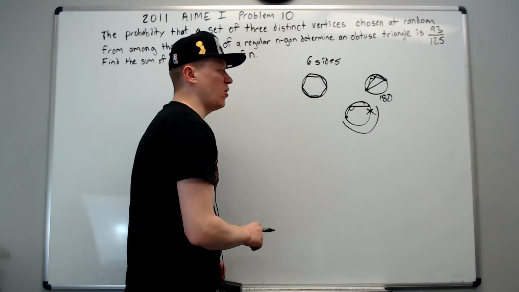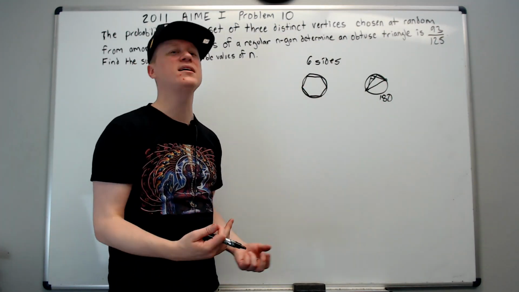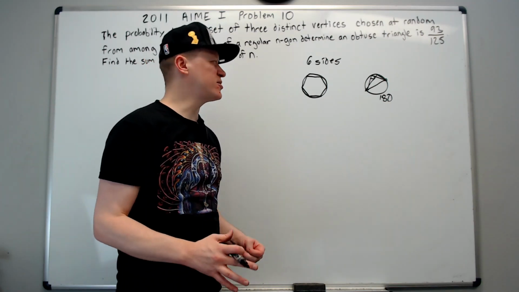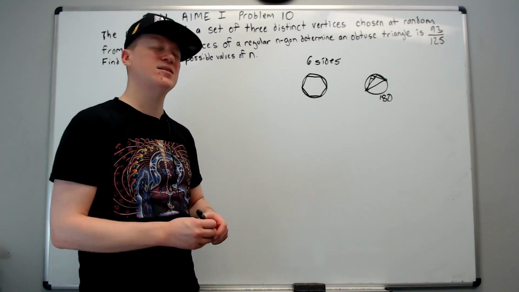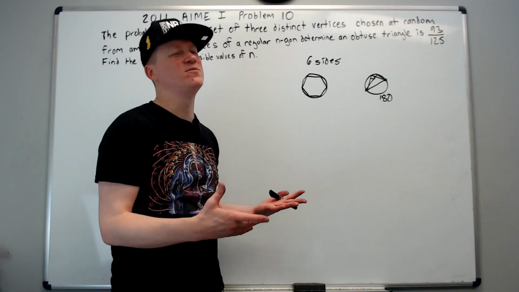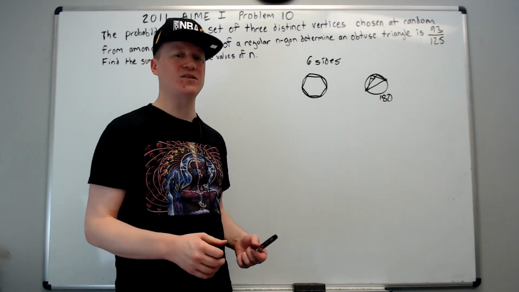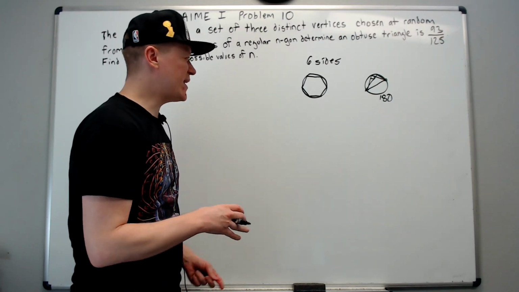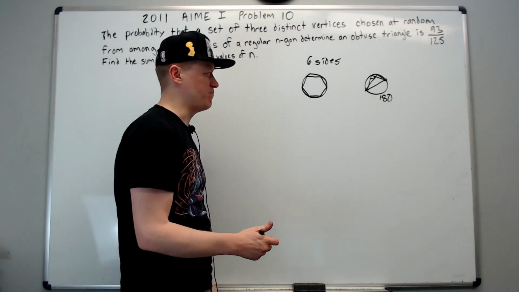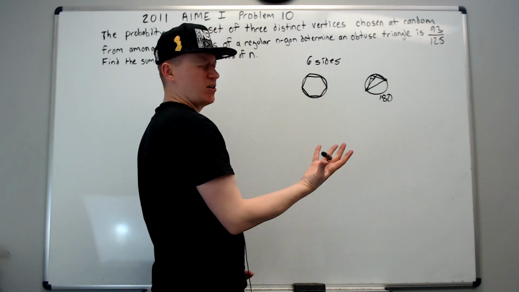So then the goal is, how can we think about that in terms of the inscribed polygon of that circle? Well, we should think about a diameter. We need to introduce a few concepts, and the thing about these concepts is this is not something you learn in a class. I mean, you can kind of, but a lot of times you have to invent the tools that you're going to use on a problem. And so we need to invent some way of thinking about these 3 points in order to classify them. So if we have 6 sides, we notice that's an even number.